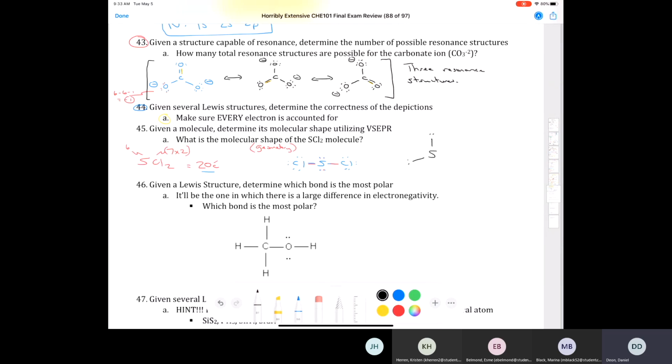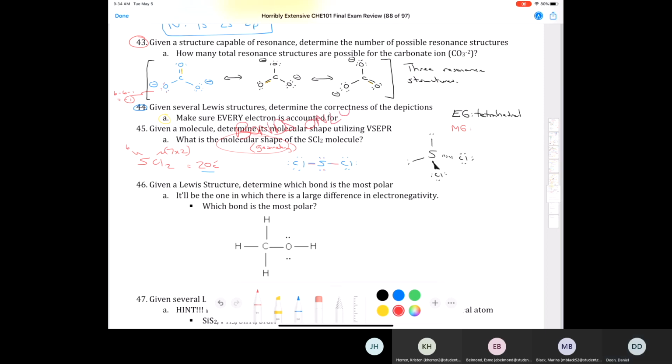I'll put the lone pairs in the plane of the board or the page. I'll have 1 chlorine going in the back, and then another chlorine atom coming out in front. Now remember, the electron geometry is tetrahedral, okay? But the molecular geometry, or the molecular shape, involves only what? The bonds